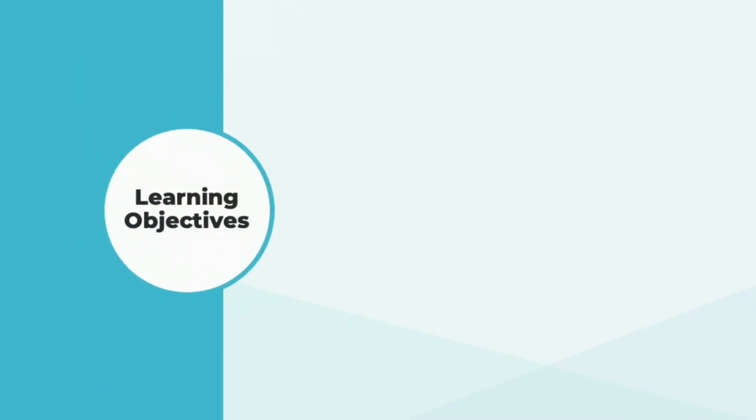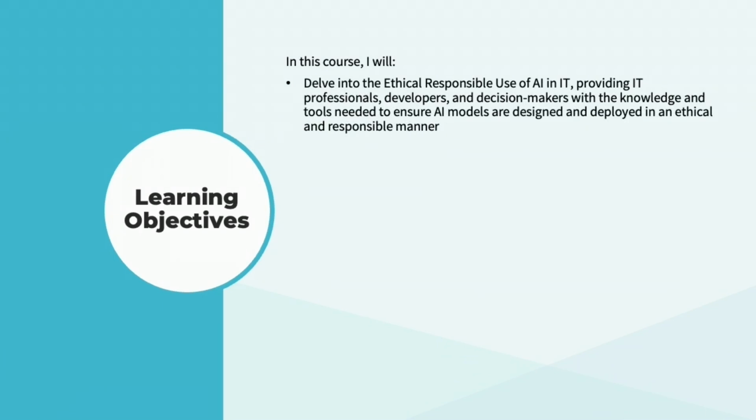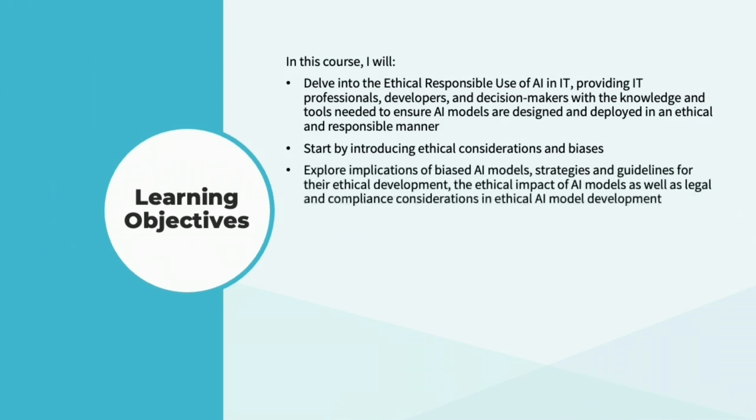The rapid integration of artificial intelligence (AI) in information technology (IT) brings forth ethical responsibilities that demand critical attention. In this course, I'll delve into the ethical and responsible use of AI in IT, providing IT professionals, developers, and decision makers with the knowledge and tools needed to ensure that AI models are designed and deployed in an ethical and responsible manner. I'll start by introducing ethical considerations and biases, and then I'll explore implications of biased AI models,